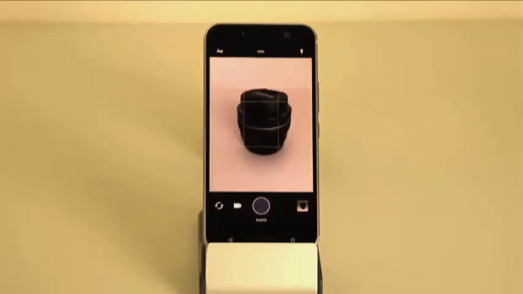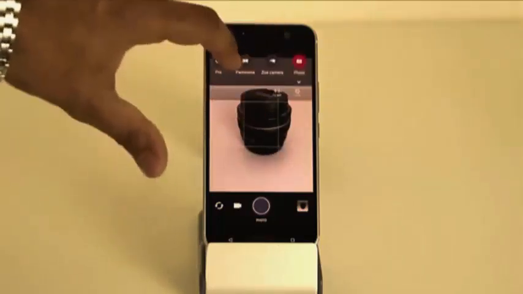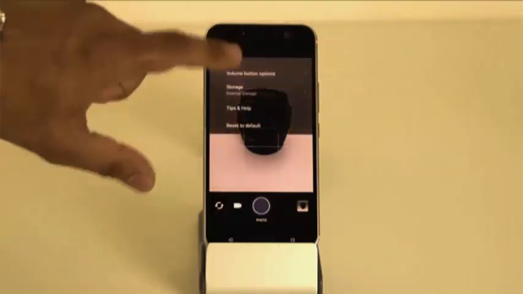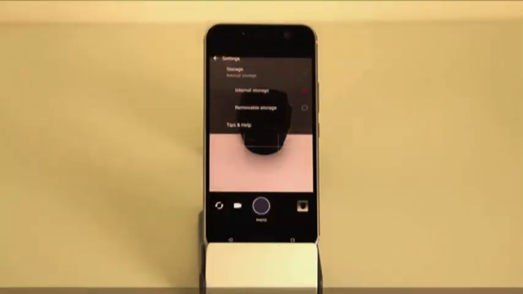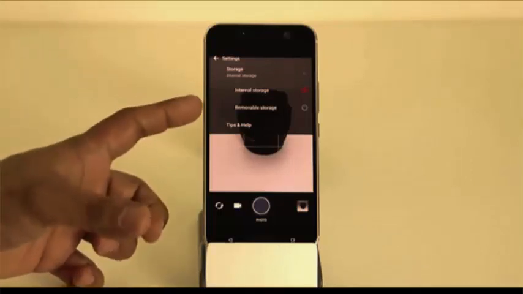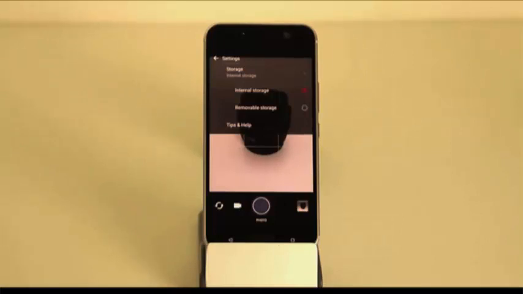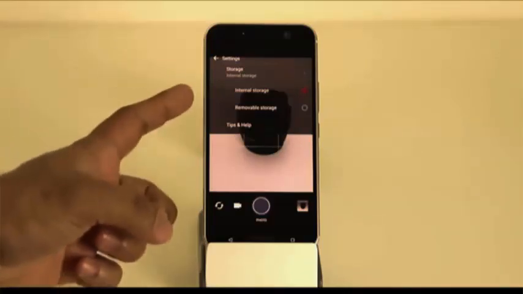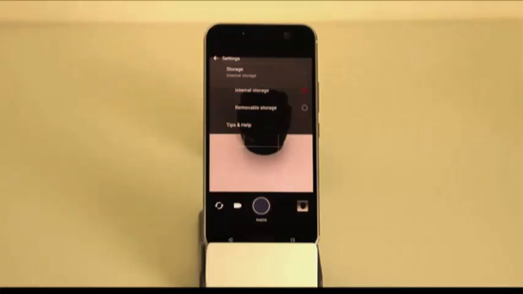Very good feature. And the final settings options over here, if you go to settings, if you go to storage, you can pick to store your photos in internal storage or external storage, which is the SD card. I highly recommend that you choose this if you have an SD card, because you do not want to fill up the internal storage of your phone. That's better for apps and stuff like that. So if you do have an SD card, go into the settings right now and switch over to removable storage. So all your